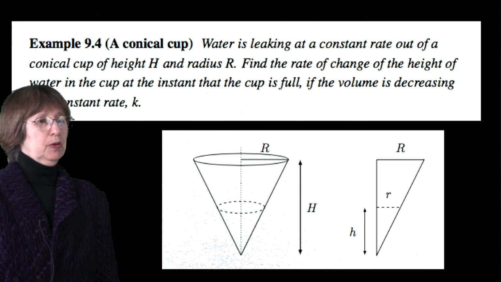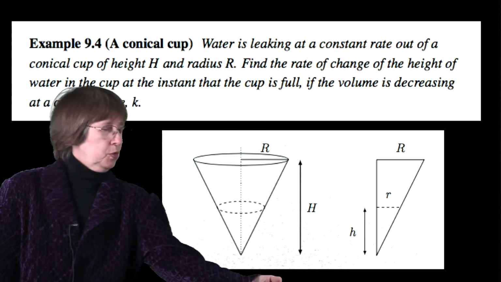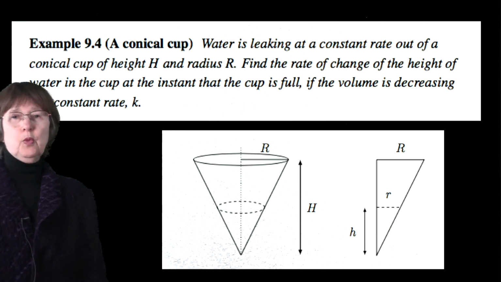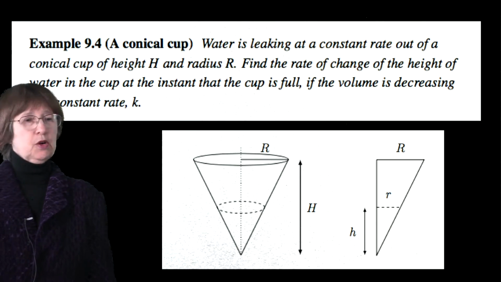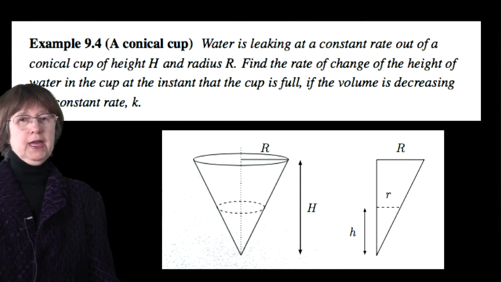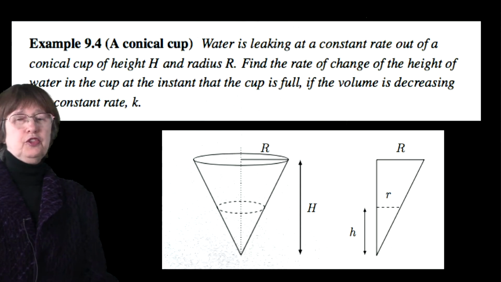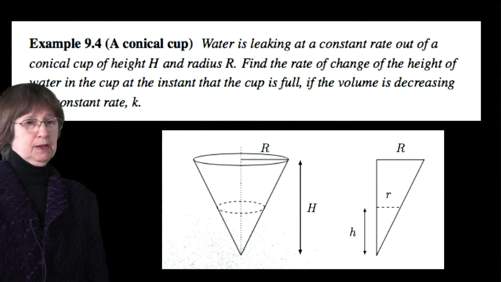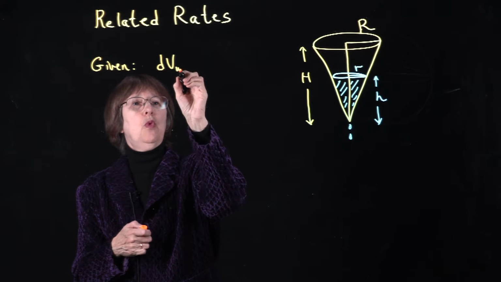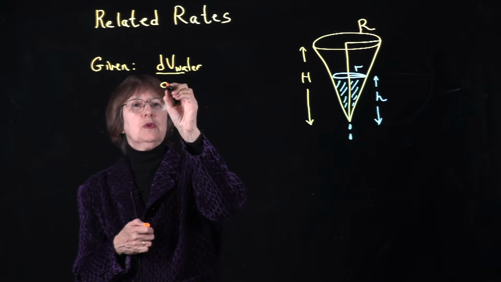In this example, we're given a conical cup through which water is draining. We're told that the volume of water decreases at a constant rate. And what we'd like to do is relate the change in the volume to a change in the height of water inside the cone. What we're given is that the volume of water, the derivative of that with respect to time,